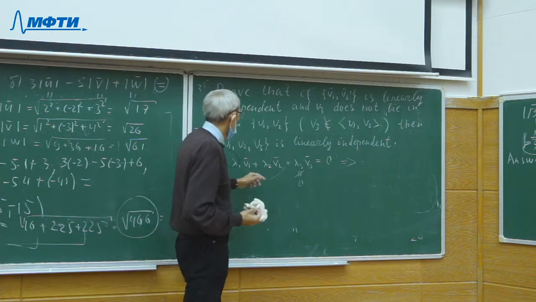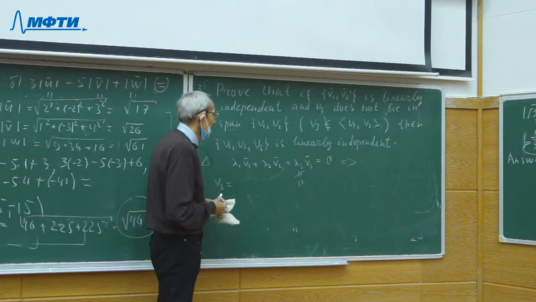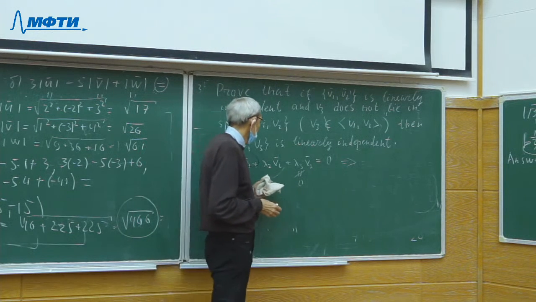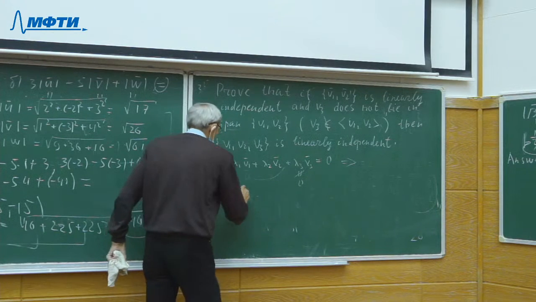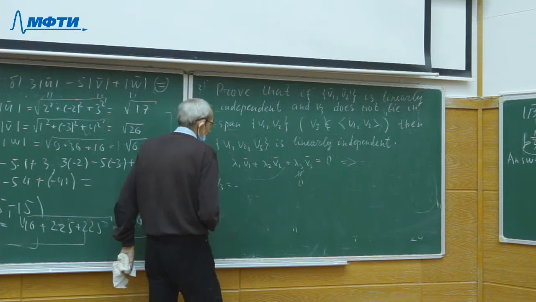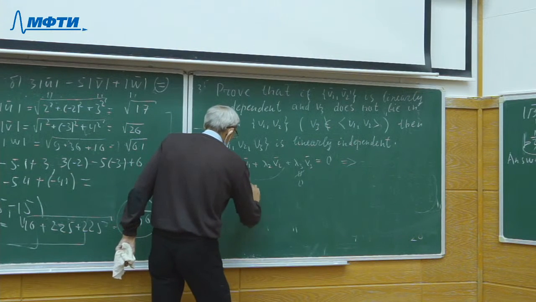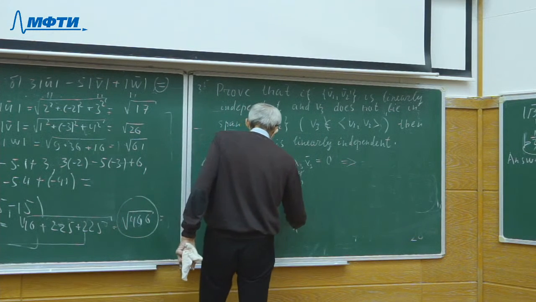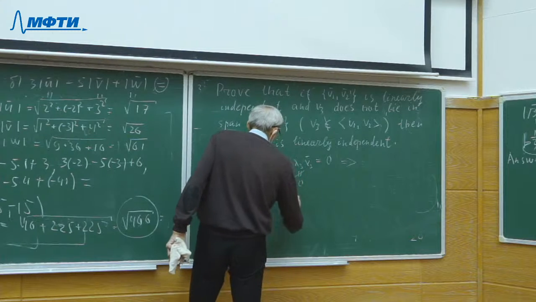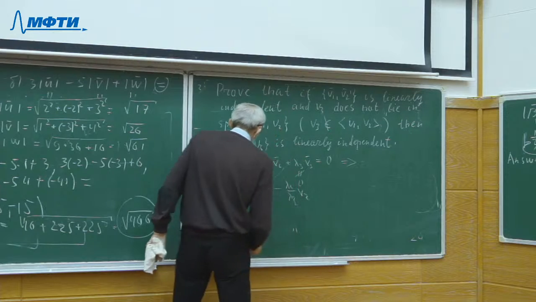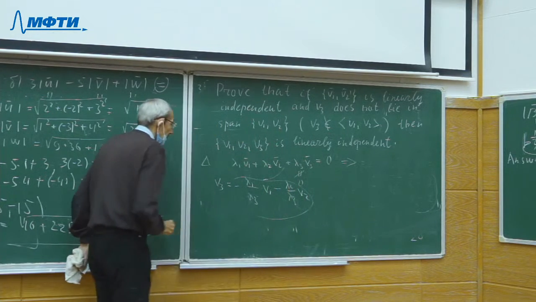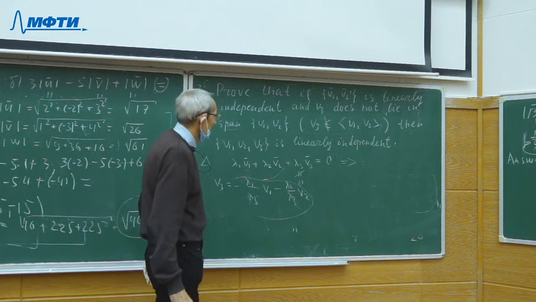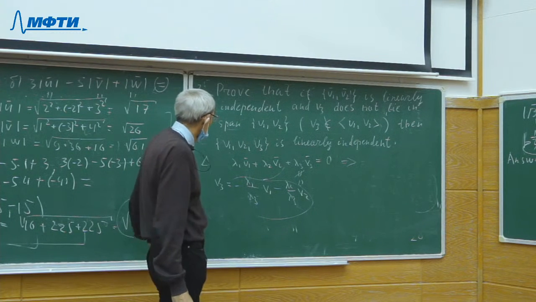I can transfer these summands to the right side, and divide by the coefficient lambda 3, and I obtain, after this simple transformation, the equality: the ratio lambda 1 over lambda 3 times v1 minus the ratio lambda 2 over lambda 3 times v2, and I express vector v3 as a linear combination of vectors v1 and v2,